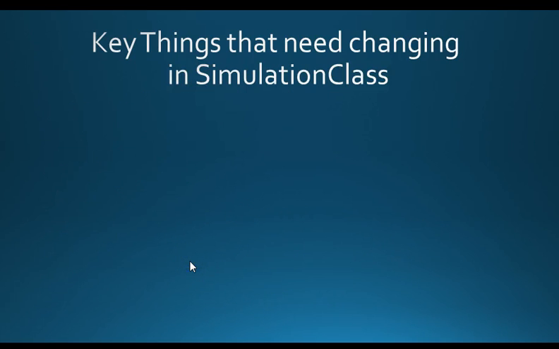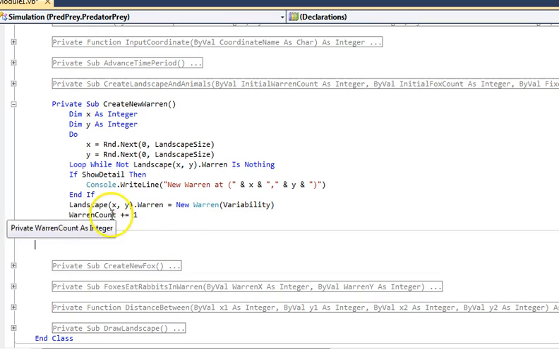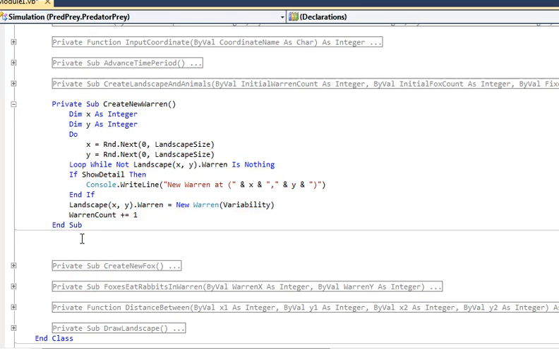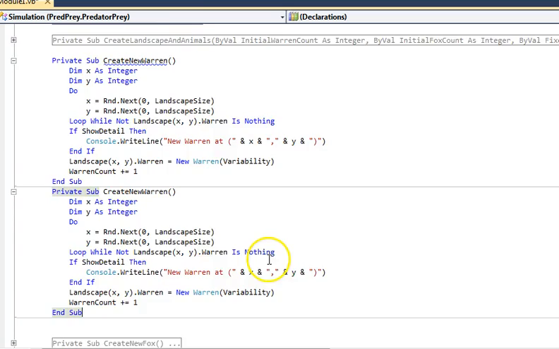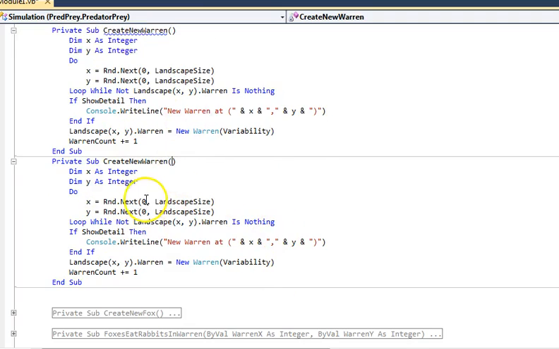Let's move on to the simulation class. We need to change create new warren. I think I'm just going to overload it because that's nice and simple, because it allows me to do a copy and paste job. So let's do this live. Let's get our create new warren, Control C, Control V,